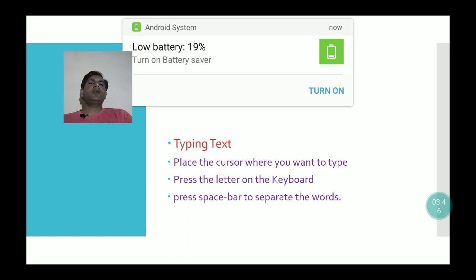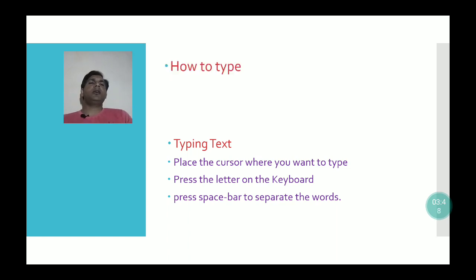So for typing text, first place the cursor where you want to type, and second, press the letter on the keyboard. Next, for typing a word, we have to type different letters. After the combination of different letters, there will be a word, and we require a space between 2 words. For creating a space between 2 consecutive words, we have to press a key that is called the space bar key. So press the space bar key to separate the words in typing.